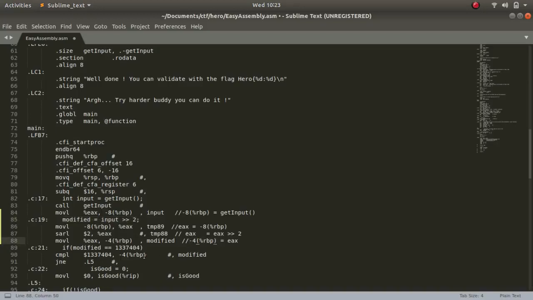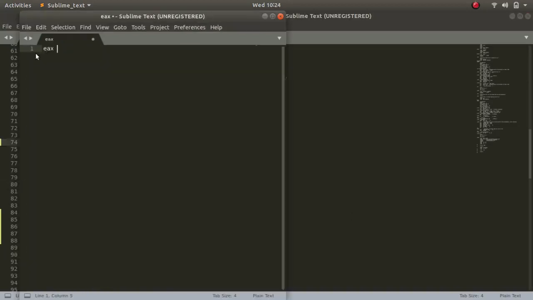So now that value is being compared against this value. Whatever we entered over here is being compared against this value, and this is in hex. So it means that our value after the entire process should be this. So to get the original value, what do we do? For example, you entered a value, EAX is equal to something, and you find modified is equal to EAX shifted right by 2.